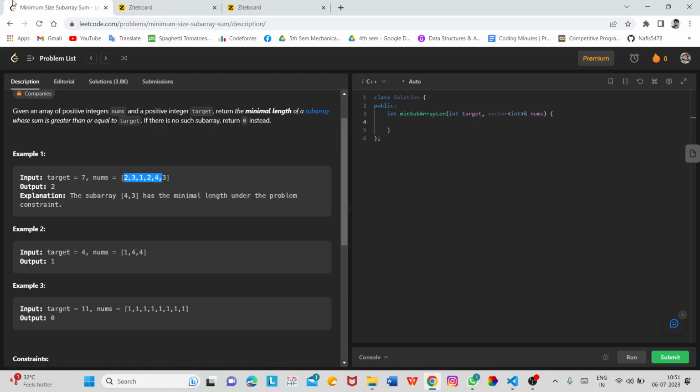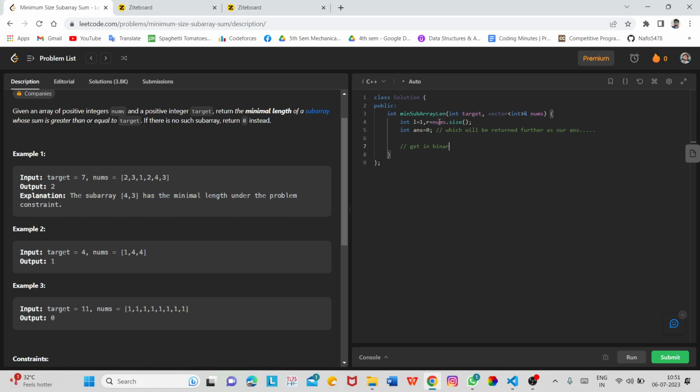So let us write the code for the binary search. So basically we will have our two pointers of binary search, L and R, where L is equal to 1 and R is nothing but nums.size(). And we will have our answer as 0, which will be written further as our answer.